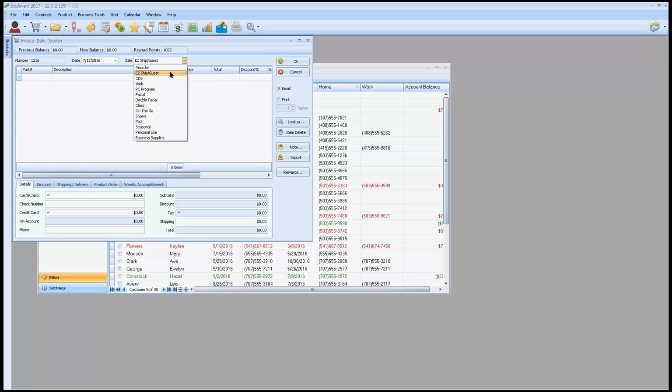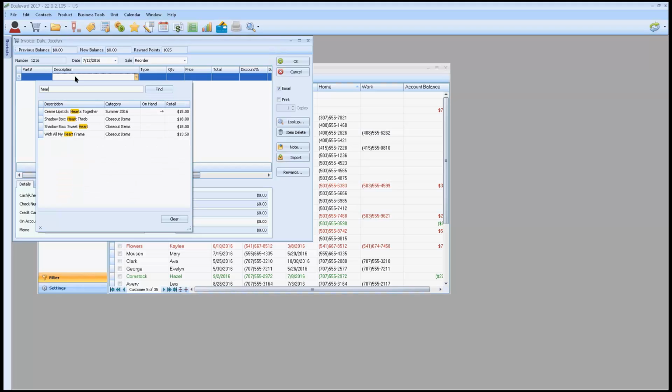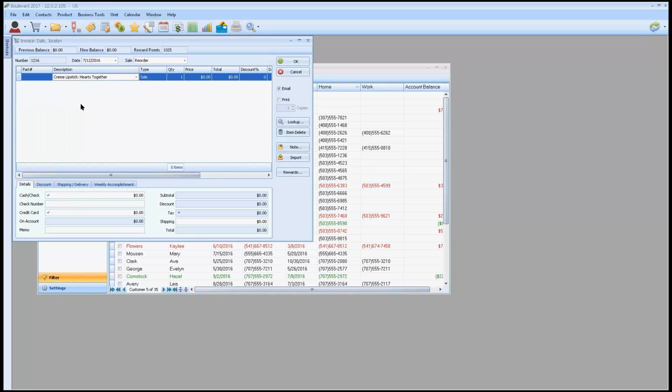We are going to go ahead and choose a reorder, and I'm going to add some products onto the invoice, and you'll notice that you can type a partial description